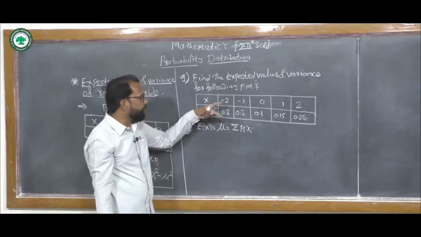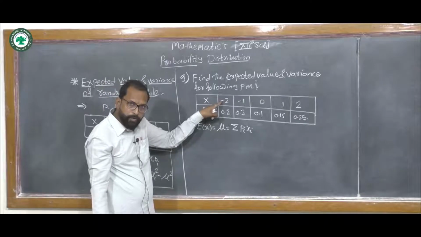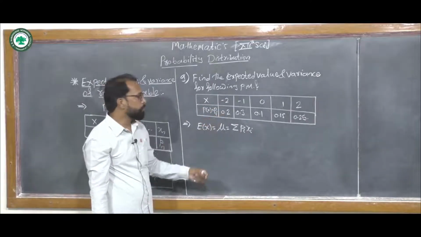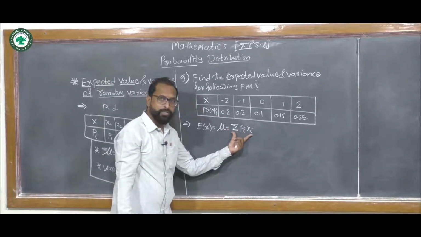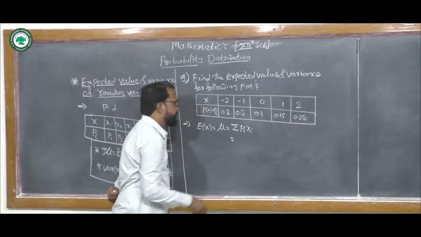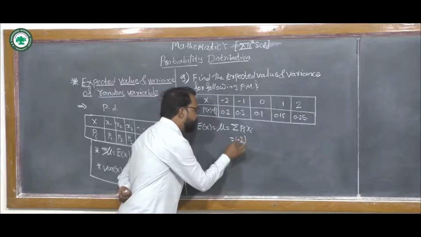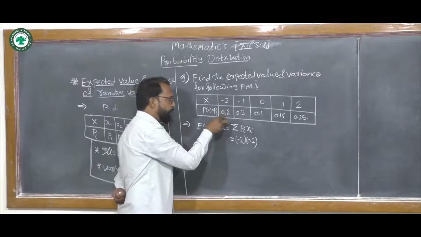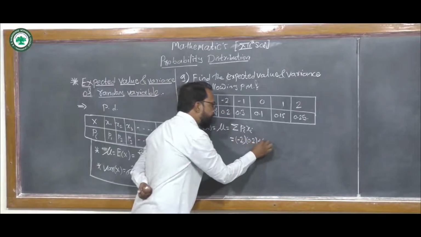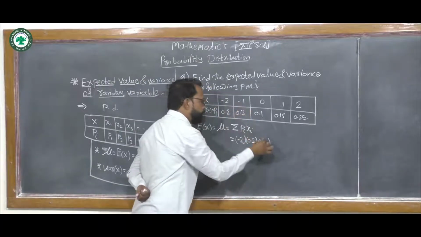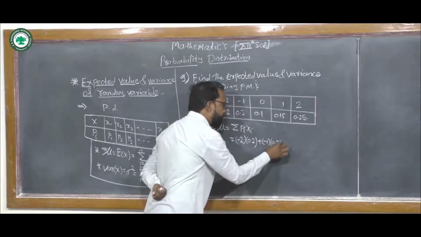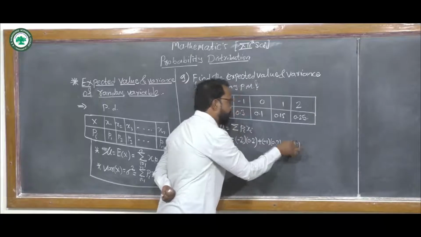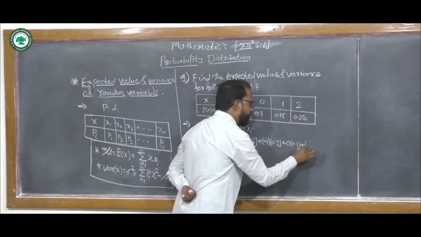That is, take the product of the value of random variable x and its corresponding probability and sum it. So putting in these values, this can be written as -2 into 0.2, the value of x1 into p1, plus -1 into 0.3 plus 0 into 0.1 plus 1 into